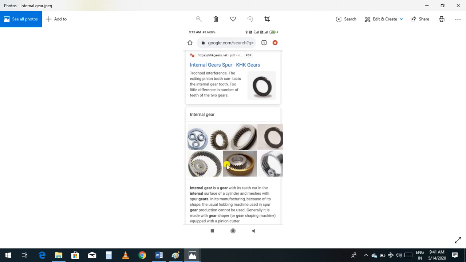In an external gear the teeth are given outside, and in an internal gear the teeth are given inside. If the external gear rotates clockwise, the internal gear will also rotate in a clockwise direction. Here we have 3 or 4 gears inside the gear. It depends on the outside gear how they are rotating.